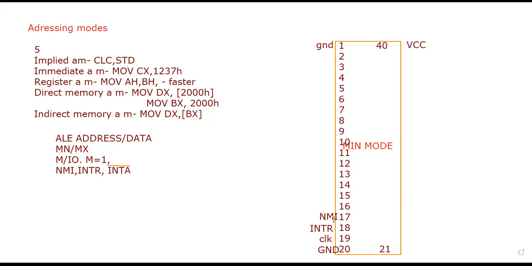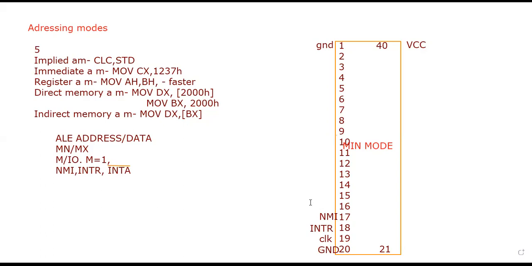It won't ask for your permission. It will just execute it. Okay, so non-maskable. After the 16th bit, we have all real brothers or twins. Okay, they have the same functionality. They are